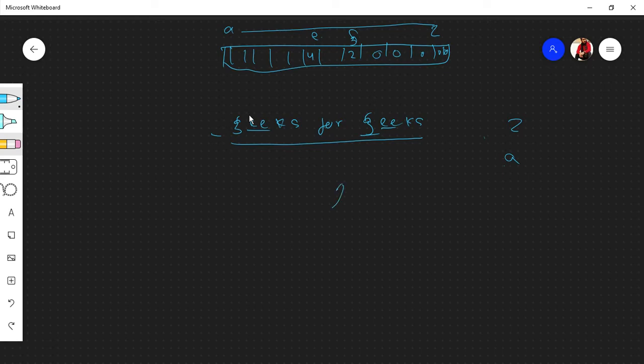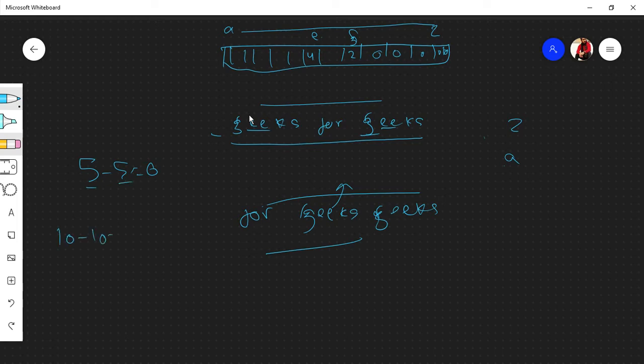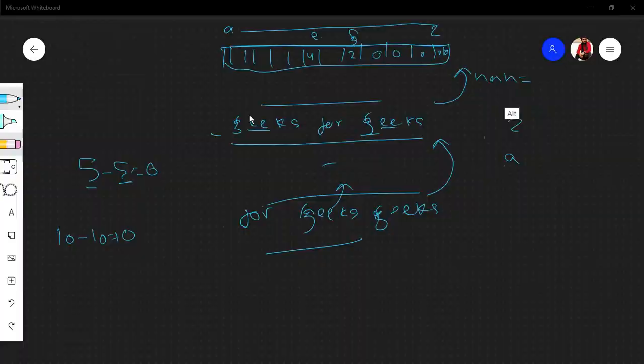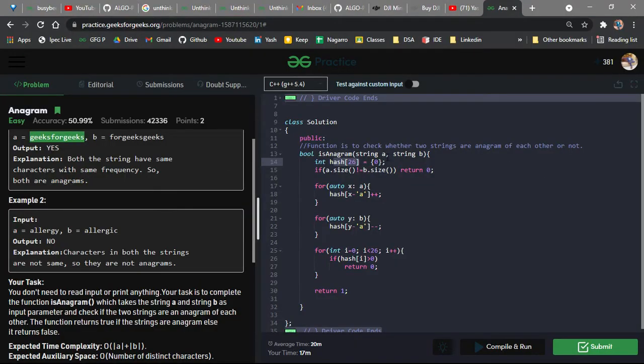Now, when we subtract, for example, for GEEKS, this was my second string. If these two strings are the same, then if you subtract 5 from 5, it should give 0, right? If 10 is subtracted from 10, it should give 0. So we are subtracting this from this, and this should return our hash completely 0, like the hash which we provided in the starting.